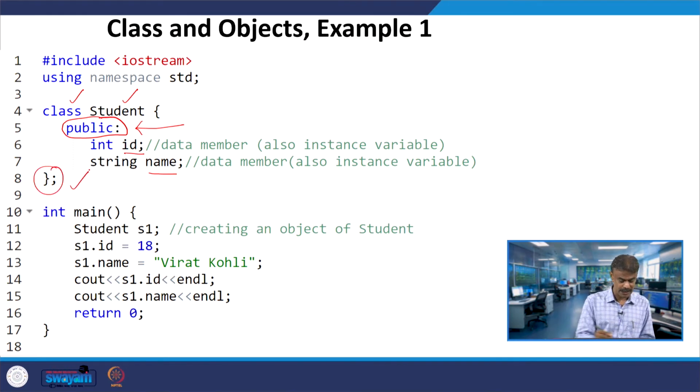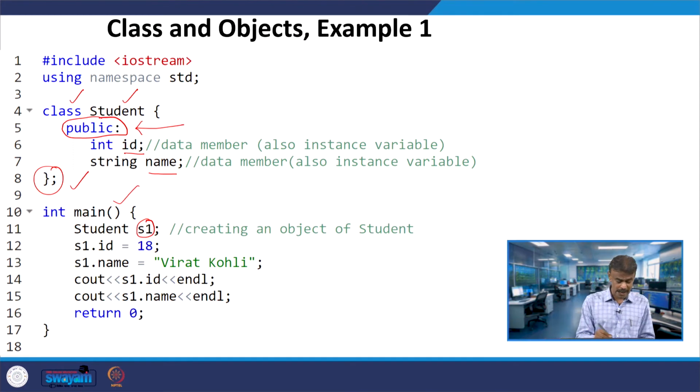Now you go to the main program. Here, line number 10, you have the main program. In this main program you have student S1. That means S1 is an object; you are creating an object, or you can call it instantiating an object under the class student.